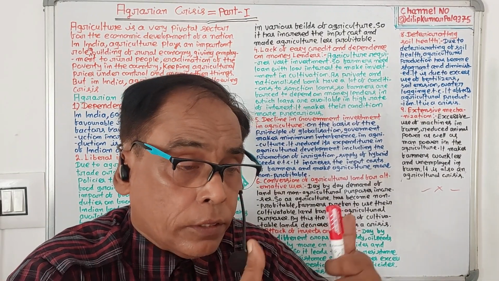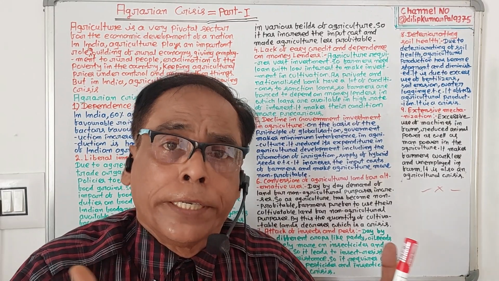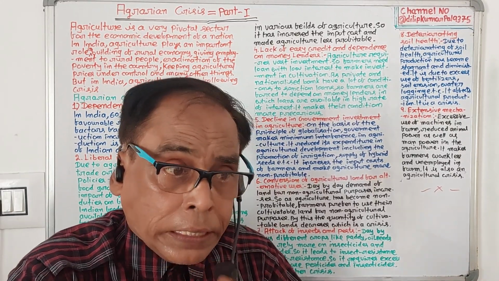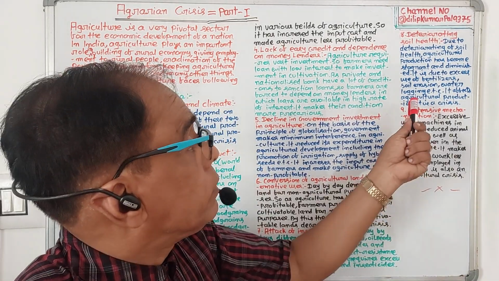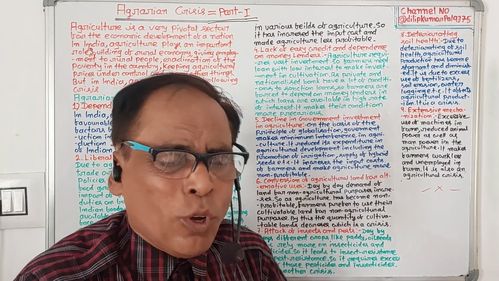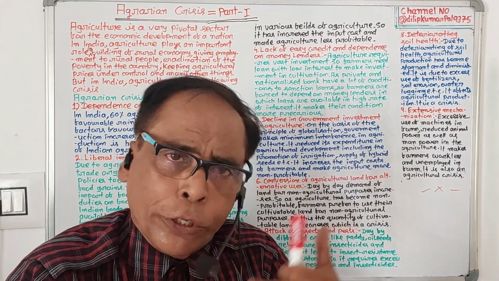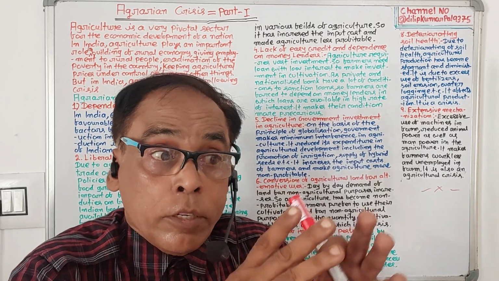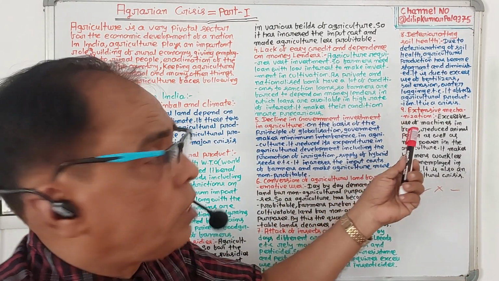In India, the soil health has deteriorated due to excess use of chemicals, waterlogging, then soil erosion. So, as soil health in India has deteriorated, agricultural production has been hampered. It is another problem. Then the ninth problem is